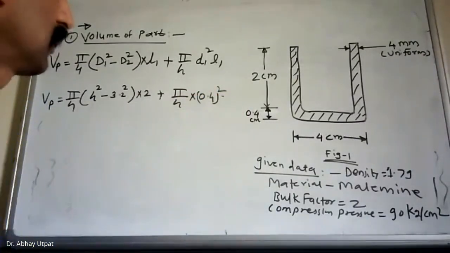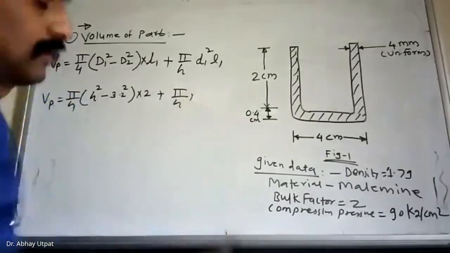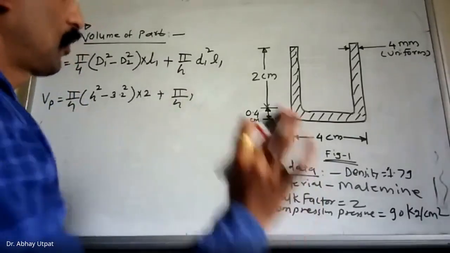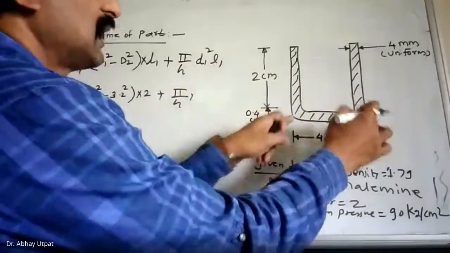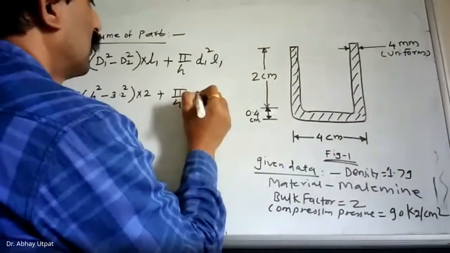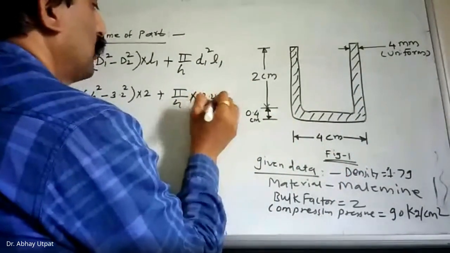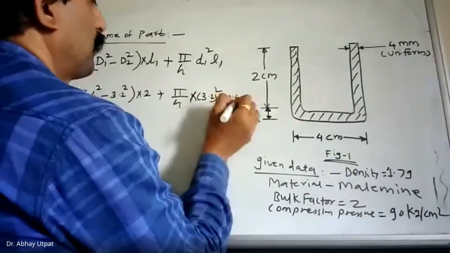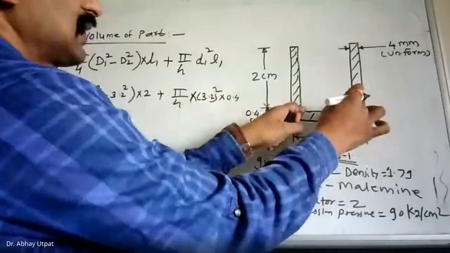Sorry, wrong. Something is wrong. D1 is 3.2... 3.2 square into 0.4, because this disc...